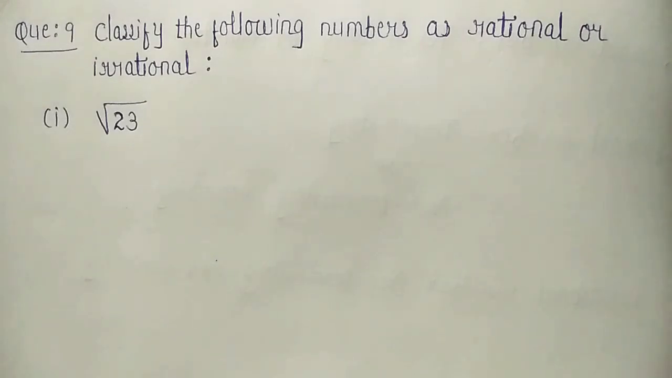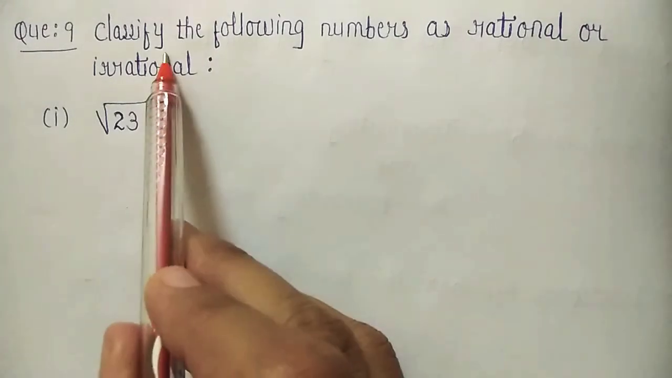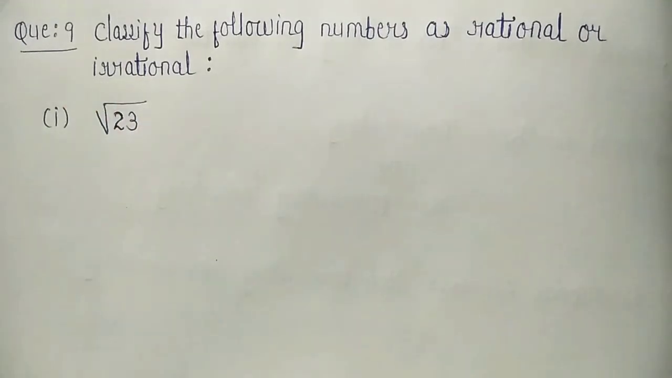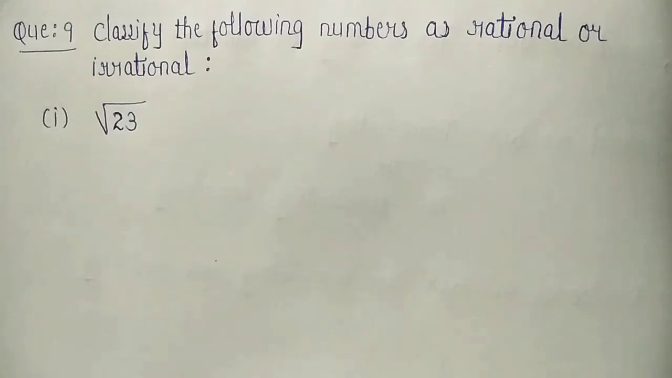Question number 9 of exercise 1.3. Classify the following numbers as rational or irrational. Students, here we are given some numbers. We have to classify them as rational number or irrational number. How to classify it? For that, you need to remember